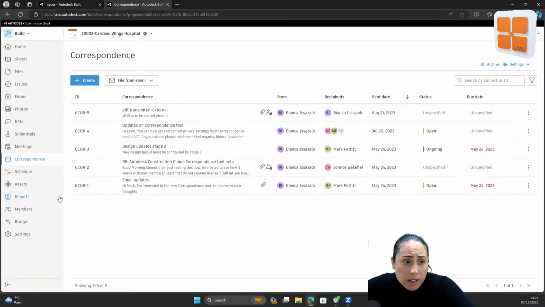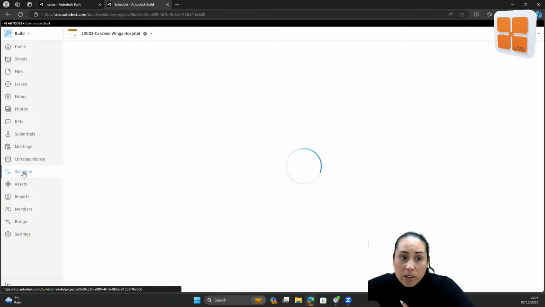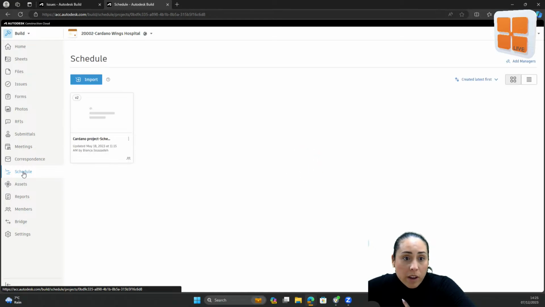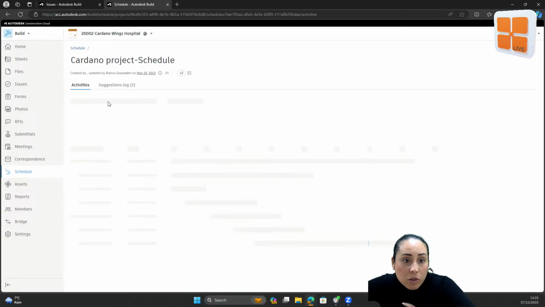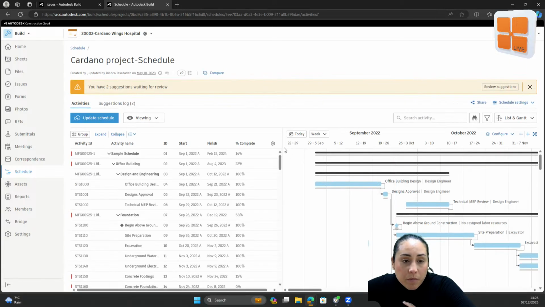Now, another one that comes is the schedule. So keeping everything organized and having an accurate schedule. We all know that that is quite important, and the planners like to be up to date. So here we have one schedule as an example, which I'll take you through, but you can have multiple. You might have different schedules. The compatibility is with Microsoft Project, Primavera, and Asta Powerproject. So I'm just going to open this one,